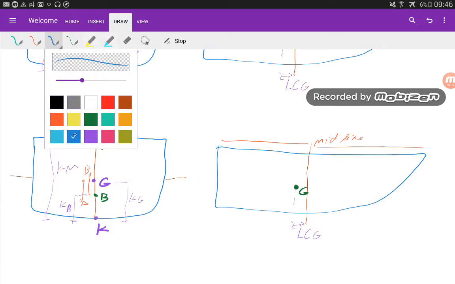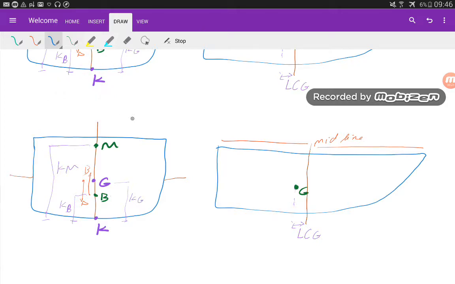Now if we are going to add a cargo, this is the cargo we are going to add with weight W. The weight of the cargo we are going to add is W, and the distance of the cargo from the center line is